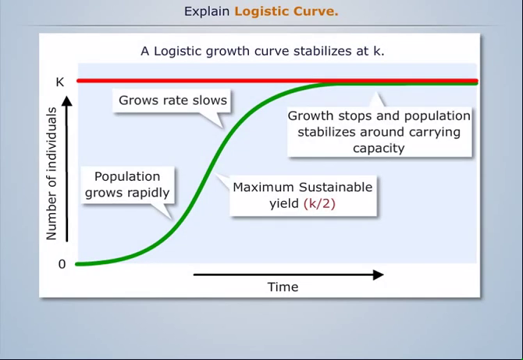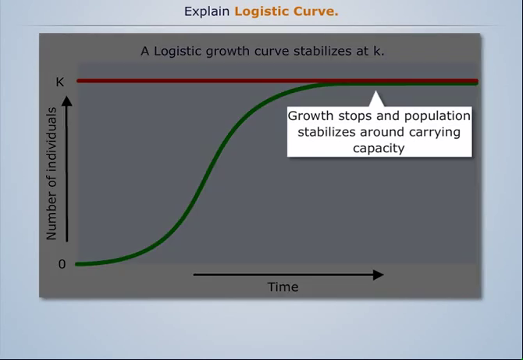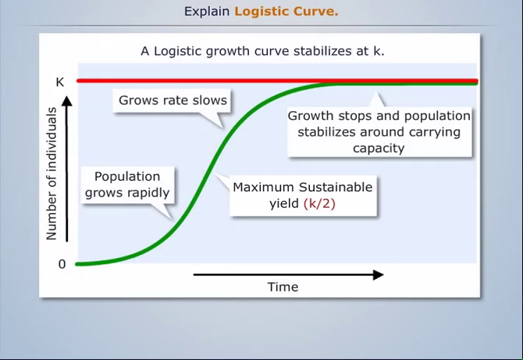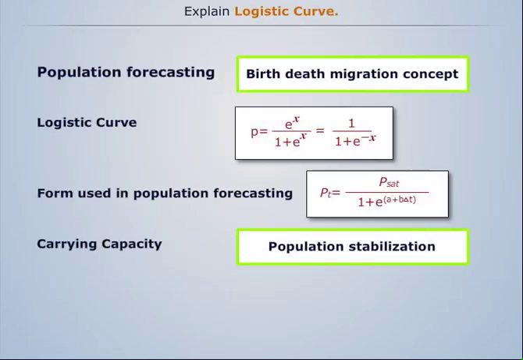The point where the growth stops and population stabilizes is known as carrying capacity, denoted by K. The sustainable yield is maximum at the point K/2. This is the point of inflection. Here slope is equal to 0. Thus we can summarize as